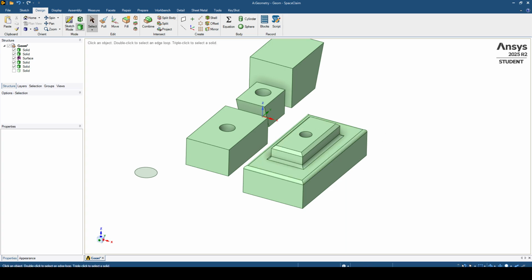So both are used depending on the design requirements. Just like that, the model looks much cleaner and more realistic. Try to follow along and experiment with different values to see how it changes the design. In the next video, we will learn how to copy and pattern features, which will help you speed up your